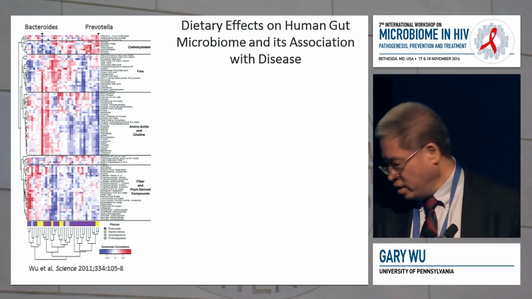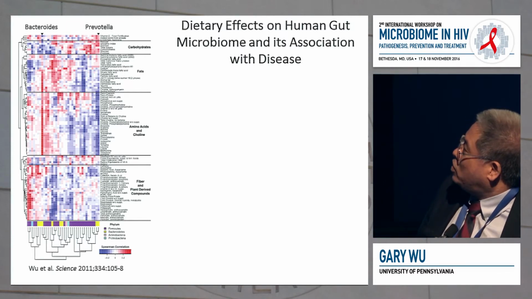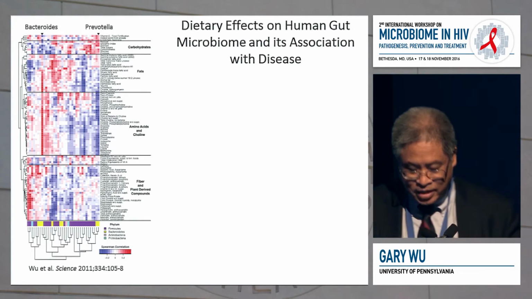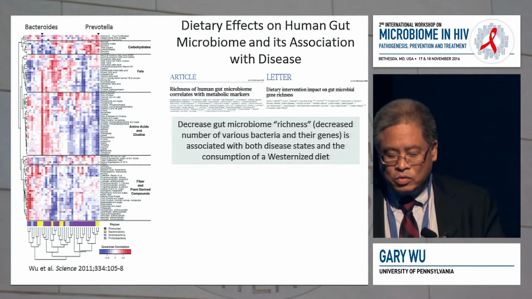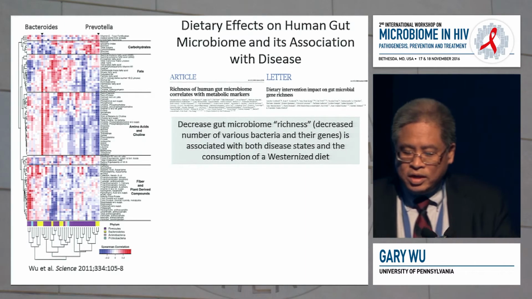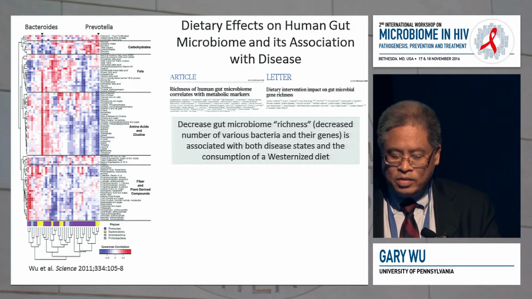of the correlations. I just want to point out one thing, and that there are two genera here, Bacteroides and Prevotella, that have distinctly opposite associations with micronutrients. And I'll come back to that on my next slide, so just remember Bacteroides and Prevotella. So there are associations between a diet in humans and the microbiome.